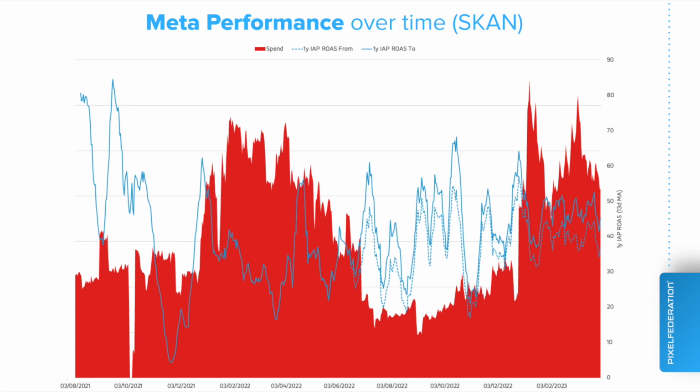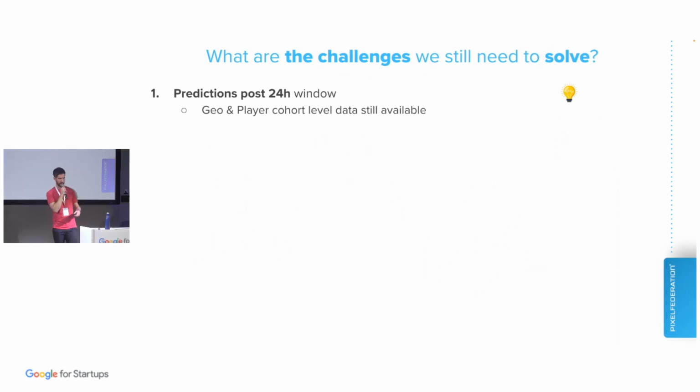But there is one huge problem. Again, it's only in-app ROAS. We don't know anything about ads. And that's an issue that we still need to figure out. So there are things that we are trying to fix now. It's how we can adjust or improve the predictions from the first 24 hours by using the data that we have on a player-level basis, and tying that new data back to the cohort bought, let's say, 1 week ago. That's a thing we need to fix now, or rather, explore.